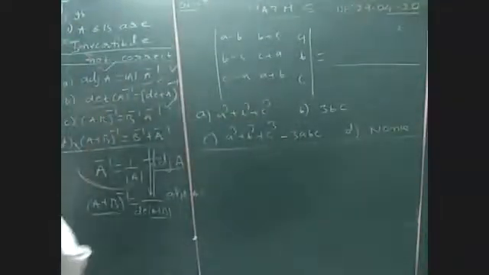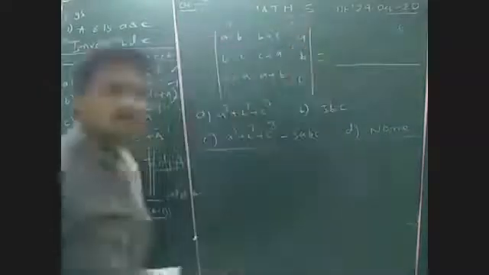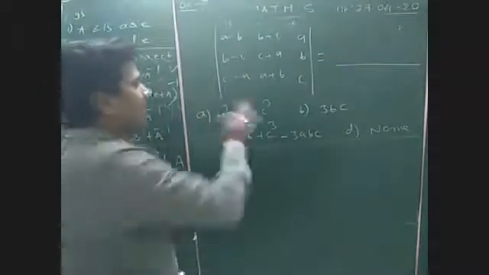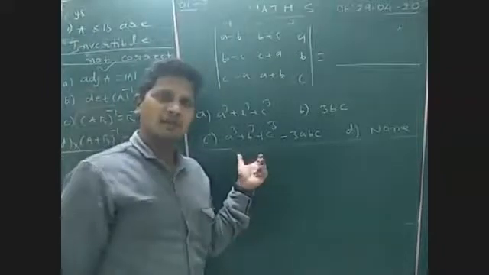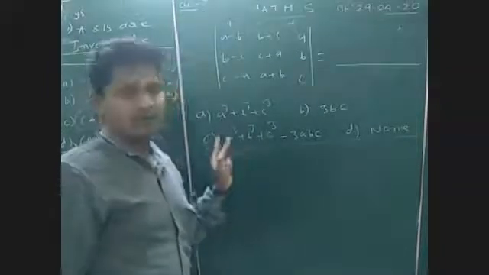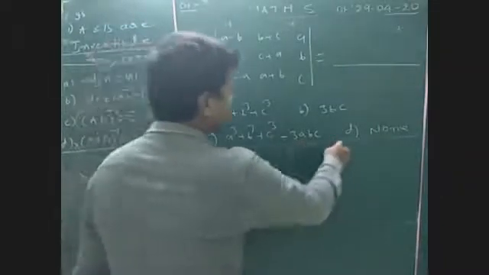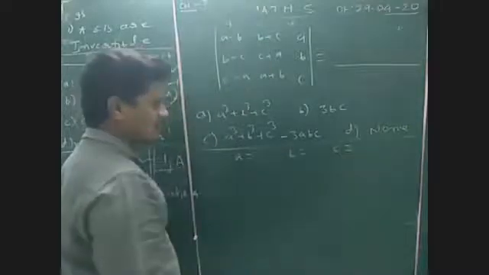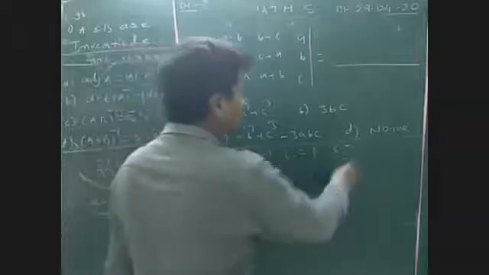Okay, coming to the discussion, which one is right? How will you simplify this? You want to expand this like taking plus, minus, plus? Don't expand this type of question, not only at NCERT or board level, even JEE Mains level also. Don't expand. Just take some A value, B value, C value. You can substitute three different values. Like I want to take here A is equal to minus 1, B is equal to 1, C is equal to 2.